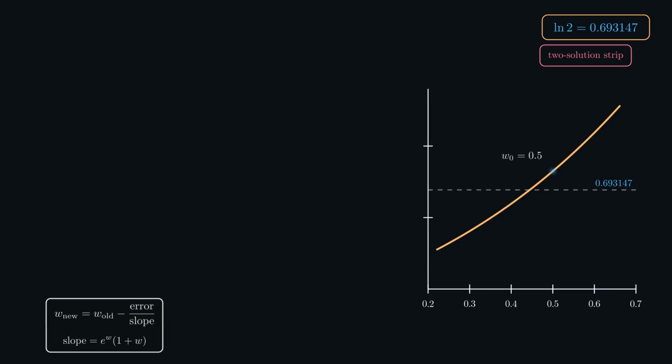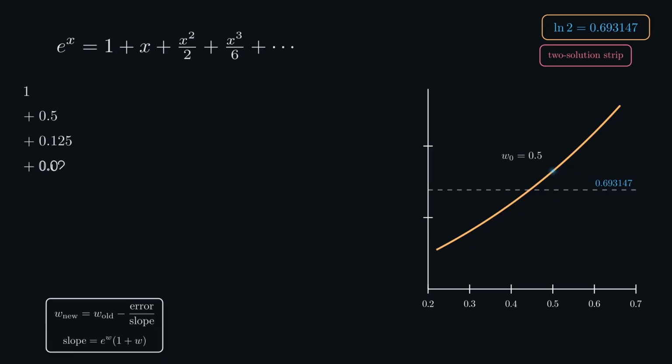I need e to the 0.5 by hand. The exponential has its own series, the most famous in mathematics. e to the x is 1 plus x plus x squared over 2 plus x cubed over 6, factorials forever. Feed in 0.5. 1 plus 0.5 plus